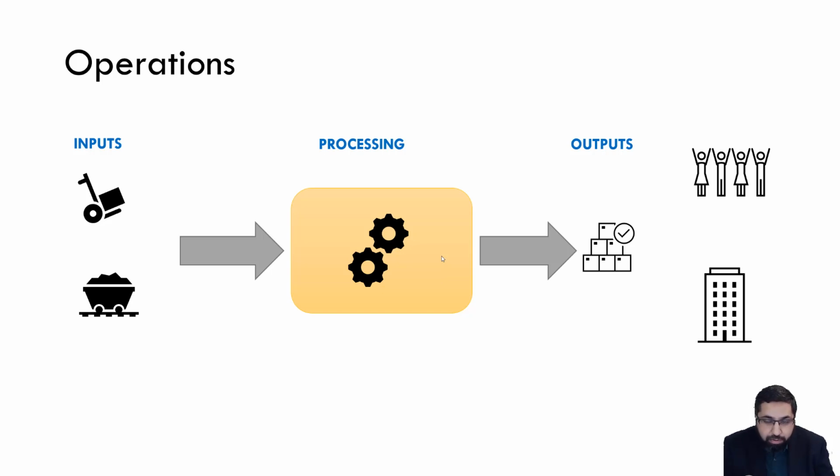Do you have to produce the product before the customer arrives, keep it in finished goods store inventory, or do you want to produce the product after the customer gives you the order? Is the product going to be customized or not? All of these considerations will impact how you set up this operation. So just by looking at the inputs that we are going to use, the outputs we need to generate, and what is important to the customer, we get important parameters on how to set up the operation.